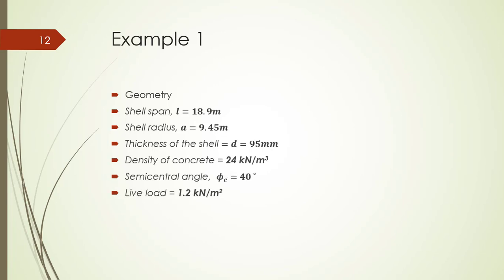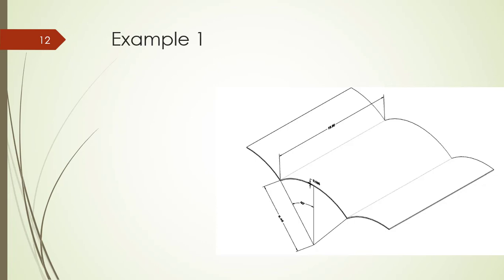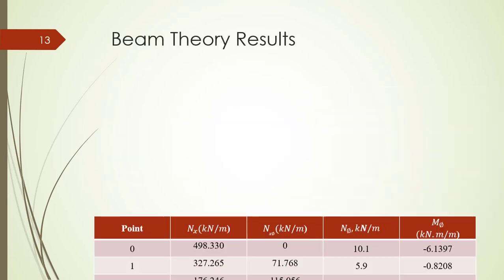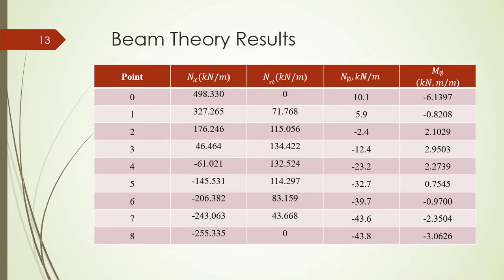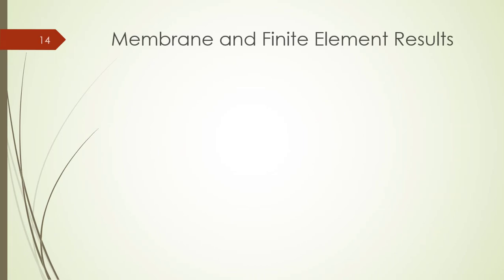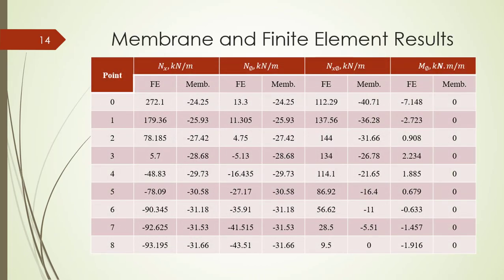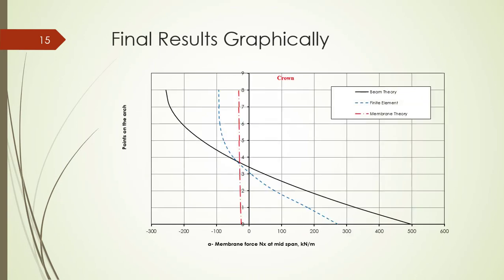And here are the properties of this example. Here is the picture of the geometric shape. And here we see the results for the beam theory. And in this table, we can see the results of both the membrane theory and the finite element. In this figure, we can see the results